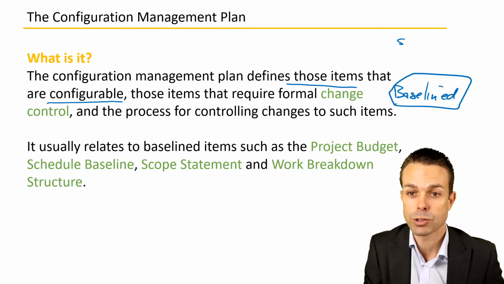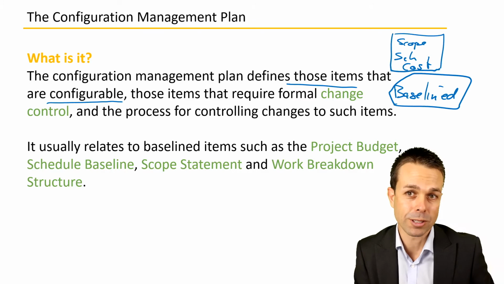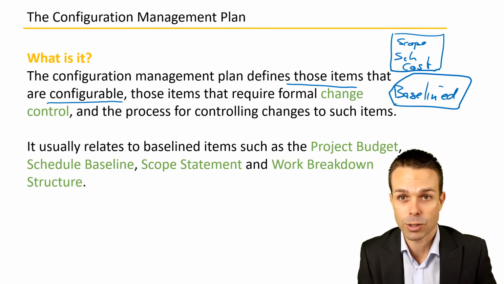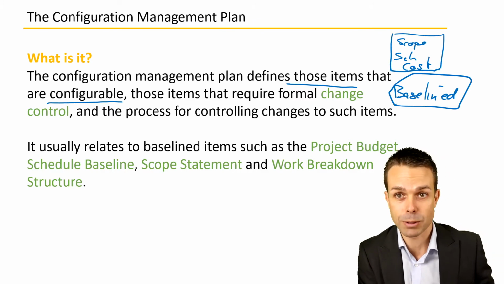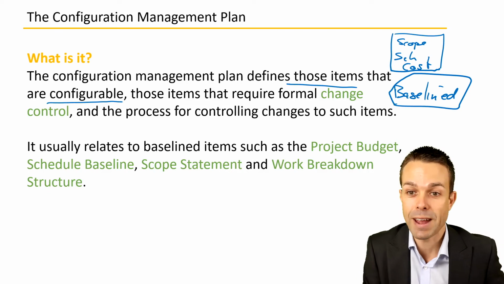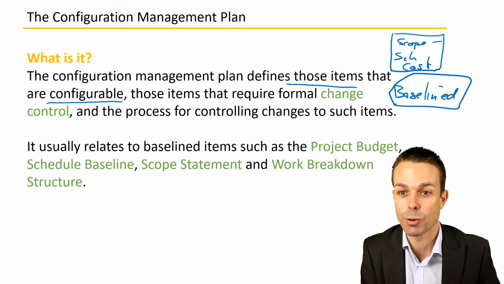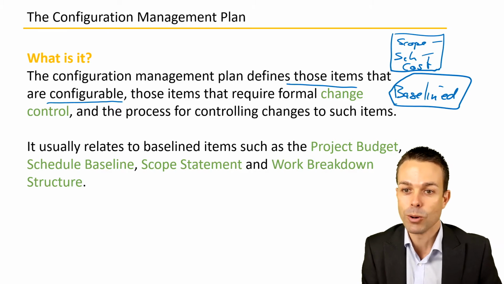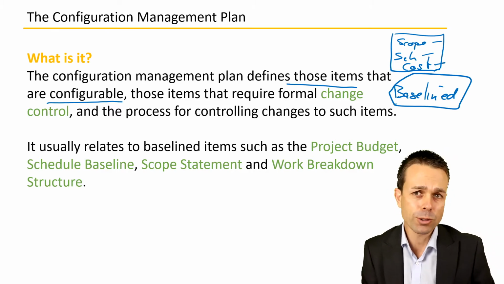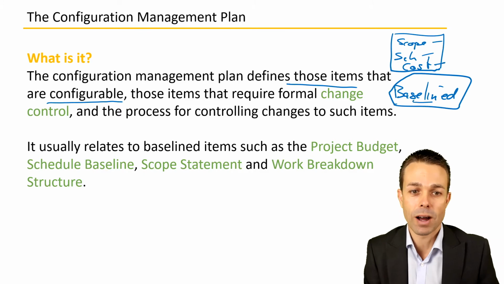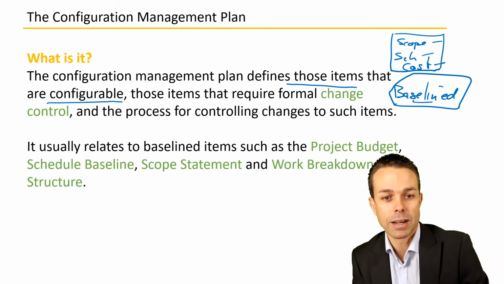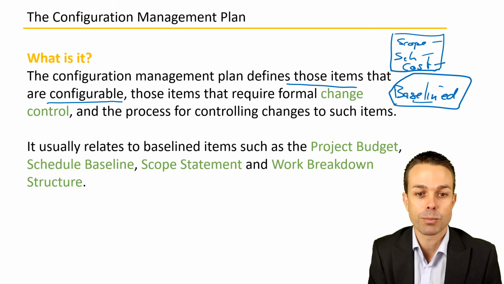For example, your scope, your schedule, your cost, usually locked in at a point in time so that we don't really want those to change without any formal process. We don't want them to change willy-nilly, because obviously these will affect and impact the outcome of your project if we're changing the scope or the schedule or the timeline or the cost involved. So those documents are usually baselined, and then they require that formal change control process, and the process for controlling